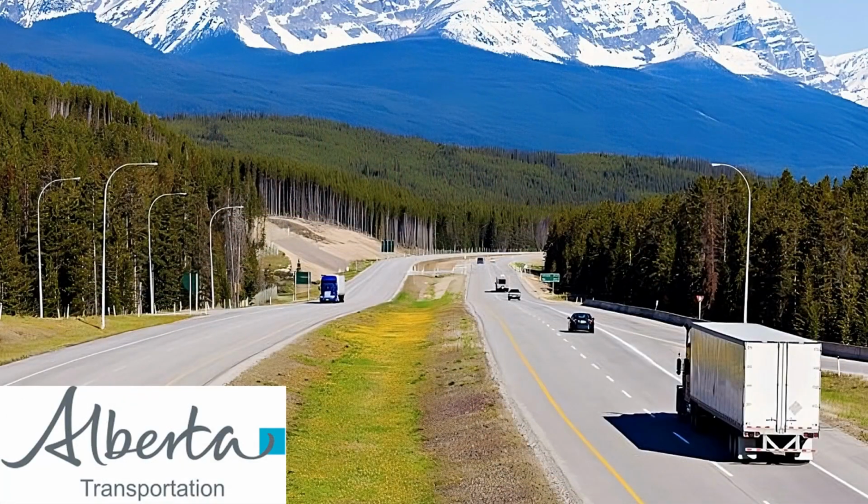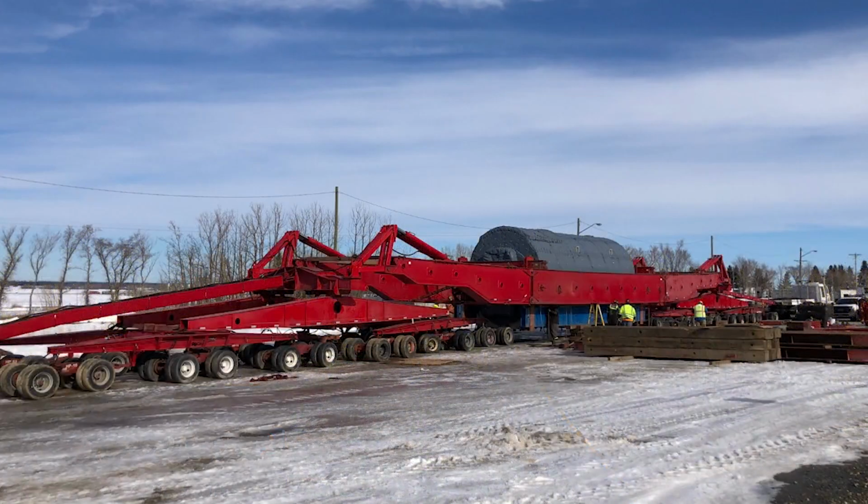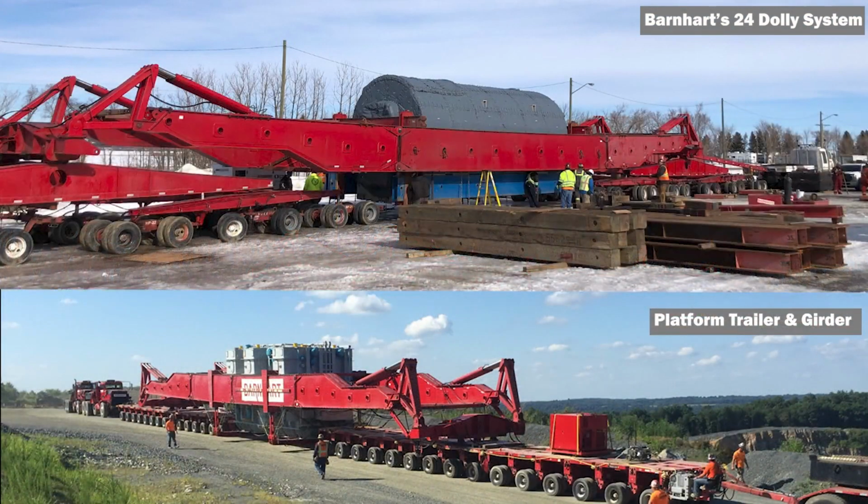Barnhart learned that the Alberta Ministry of Transportation began to call into question some of the previous precedents that had been established regarding the platform trailers bridge analysis. Alberta Transportation Bridge engineers remembered there was an alternative method that was proposed during the initial bid process, the Barnhart Dolly Transporter. Upon comparison of the bridge analysis,